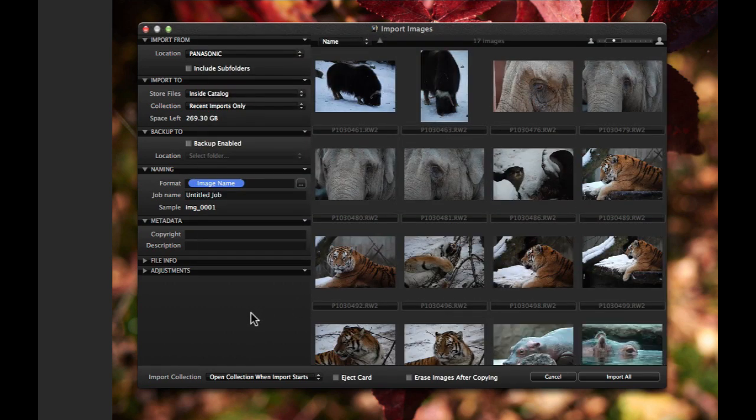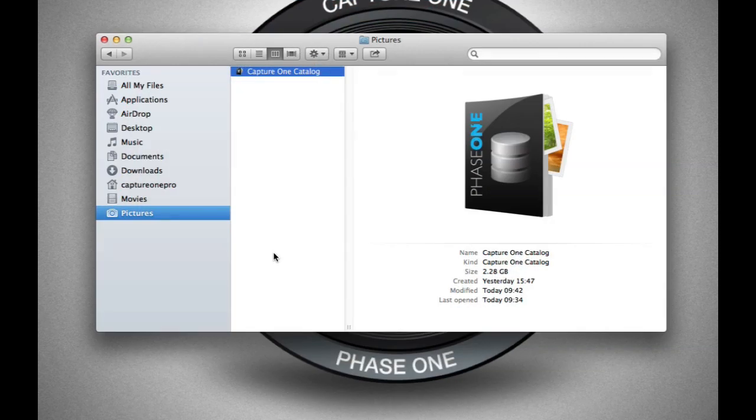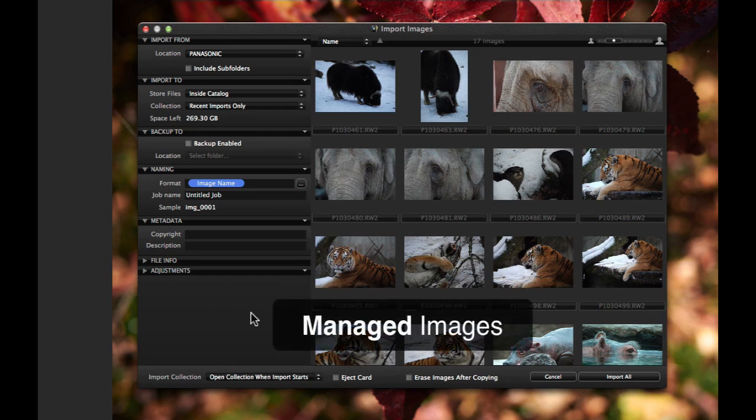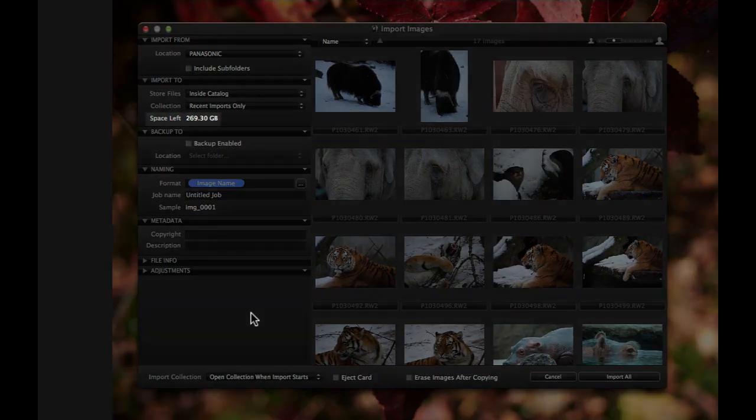There are two ways to store images in a Capture One Express catalogue. They can either be moved inside the catalogue database file itself, or placed on any other storage medium, for example external hard drives. Storing images inside the catalogue is simple and doesn't require any decisions where to place your images. We refer to those as managed images. However, the maximum catalogue size is then determined by the size of storage the catalogue database file is placed in.